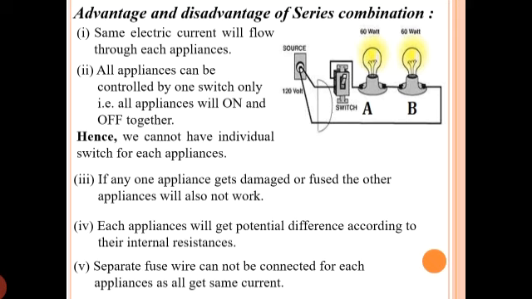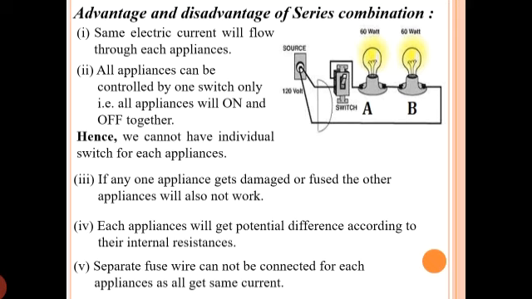But in series, we know each and every appliance will have the same current. So very first, all the appliances will not work because their requirement may not be the same. Second, if they are connected in that way, the fuse wire cannot be connected separately because the fuse wire cannot work for different appliances with the same current. So that is another disadvantage. If you want a separate fuse wire for each appliance, in series it's not possible, because in series the current is the same, so we cannot have different ratings of fuse wire for different appliances.